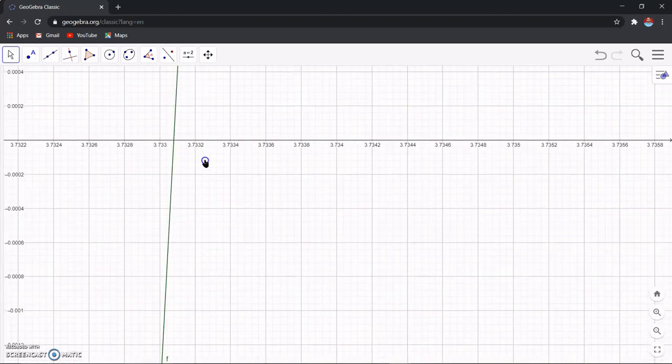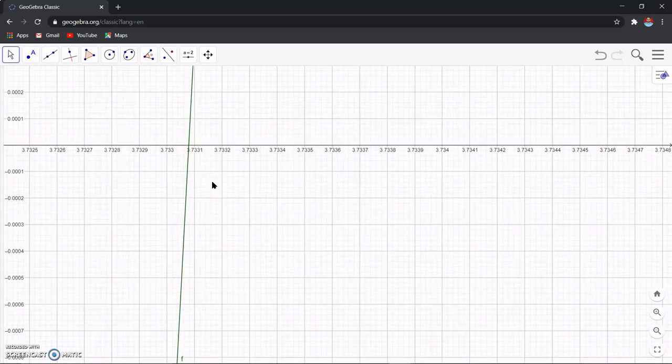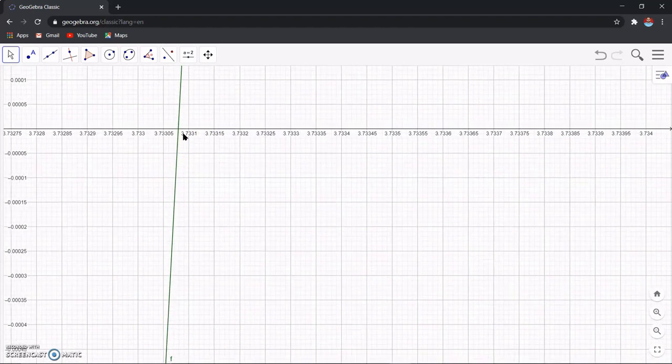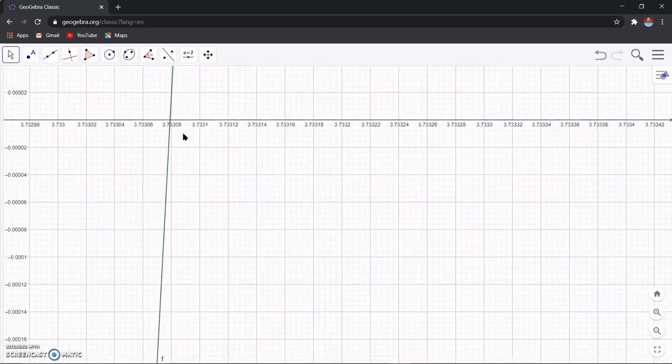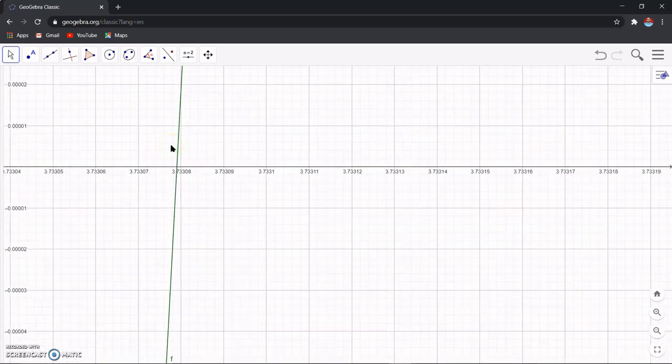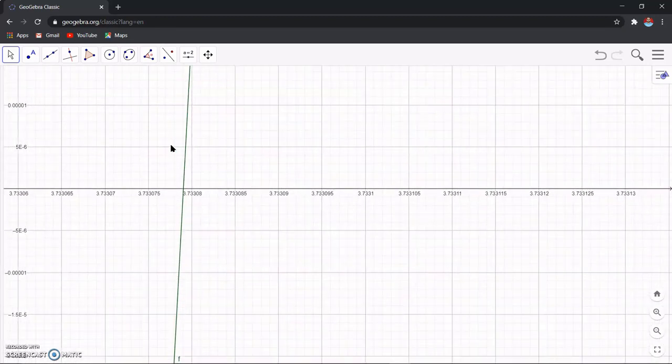Okay, yeah, so this is the approximate root 3.7331 we got, and from here you can see that it is very close. I have zoomed in a lot now. It's very close to the exact root, but it is not the exact root. So if you keep on doing the iterations again and again, you will come closer and closer to the exact root. Still I'm zooming in and you can see that I'm coming closer and closer towards the exact root. Alright, so this is how we get the approximate roots using the regula falsi method.